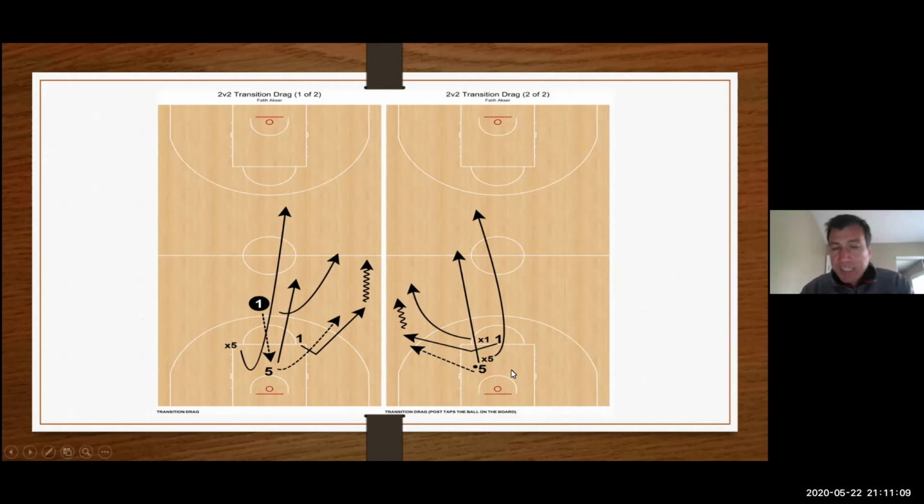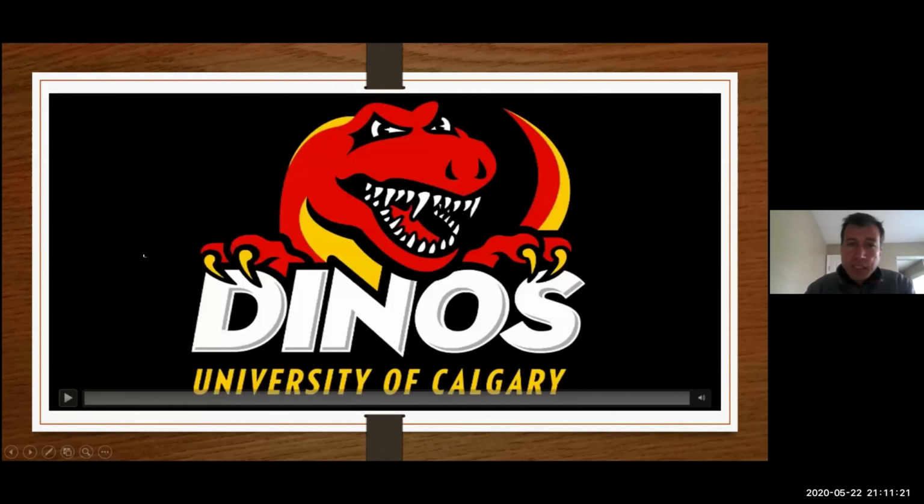You can work on a lot. As we build up more and more, you will be able to do 3-on-3, 4-on-4, 5-on-5. You will be able to establish the other parts of the games that you want your team to run. Now, what I would like to share are the University of Calgary women's basketball program's 2-on-2 scenarios that I came